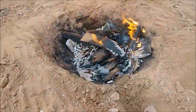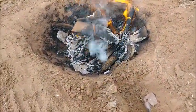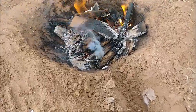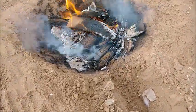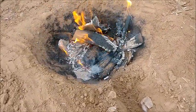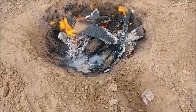It's kind of same principle as the Dakota hole, so it allows the fire to draw from the bottom easier. So yeah, that's just a little FYI. A little more advanced than just building a fire, but